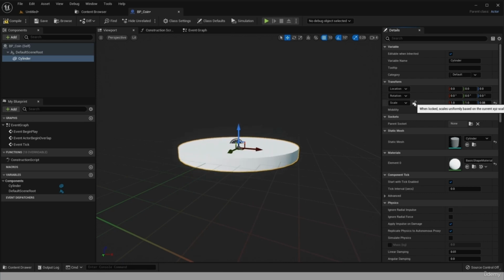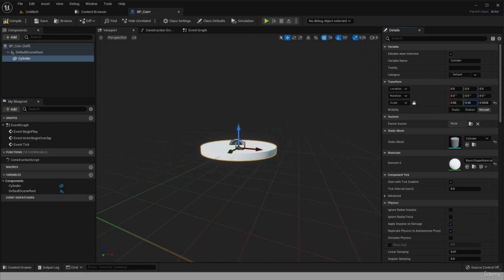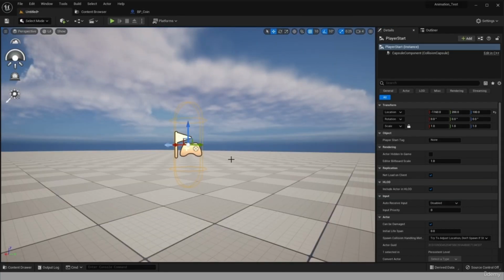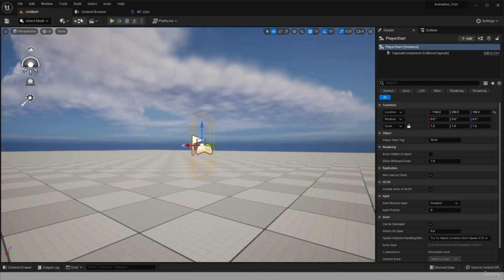And then you can use this lock to lock all this. And now when I'm changing one, you see that everything is changing like this. Okay, so I'm not sure if it looks good or not. Let's make it a bit bigger like this. Okay, so now if you click save, compile, and then go to level, actually, of course, nothing happens because we